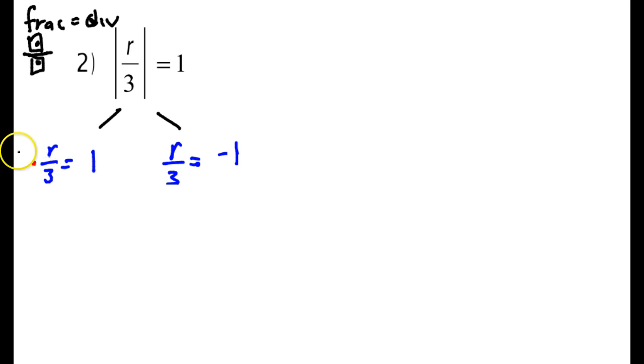Division by 3 is canceled by multiplying by 3. Notice how I put it on the top, same thing on the right hand side. Division by 3 is canceled out by multiplying by 3. And you know 3 divided by 3 is 1. You know 1 times 3 is